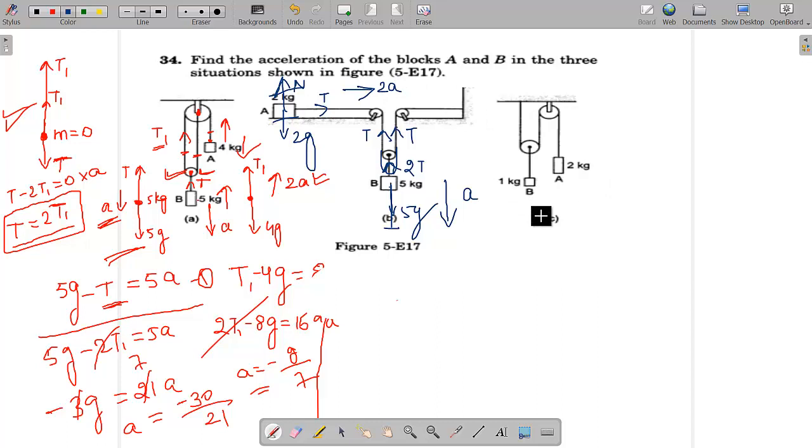Similarly, you tell me here, this one, which one will... Yeah, anyone you can consider, not an issue. So let's say this is 1G downwards. Okay. So let's say this will be 2T. Yeah, the acceleration you are assuming downwards. See here we can directly assume that this is downwards.